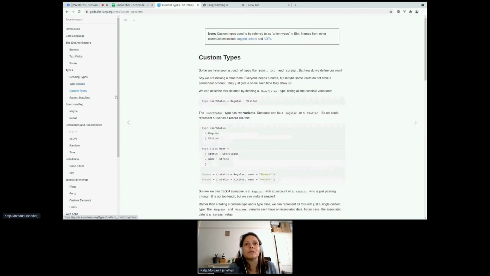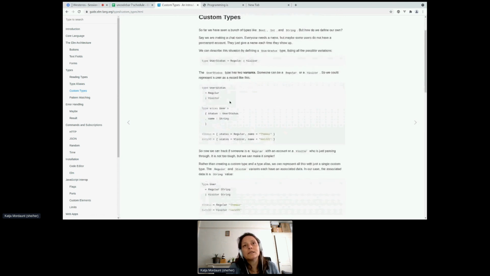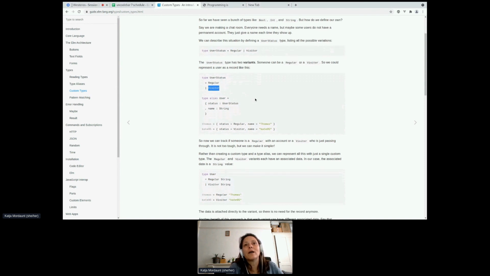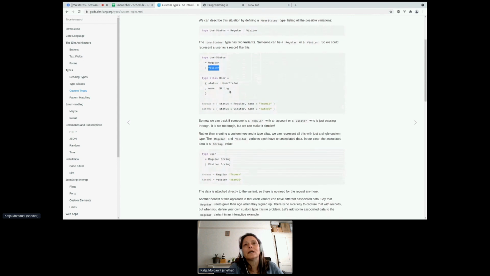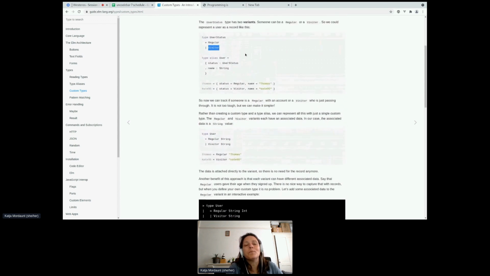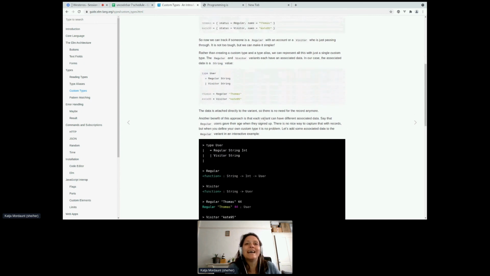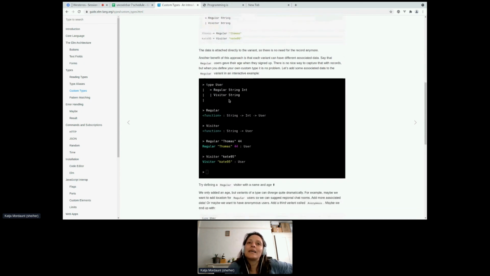And the other type of type, which I was talking about, is these custom types, which is what a message is. And you have to do two declarations, or that's how I think about it anyway. So that is type rather than type alias. User status is either a regular or a visitor in this case. And that means that anywhere you can use them, you can use them both as variants, if that makes sense. I don't know the best way to explain it. And they can then take different types. So regular user takes a string and an int to make itself, and a visitor only needs a string,